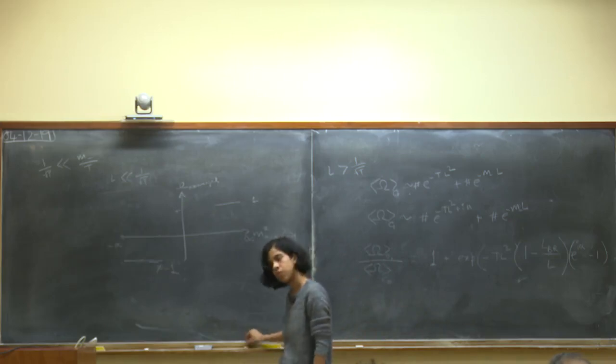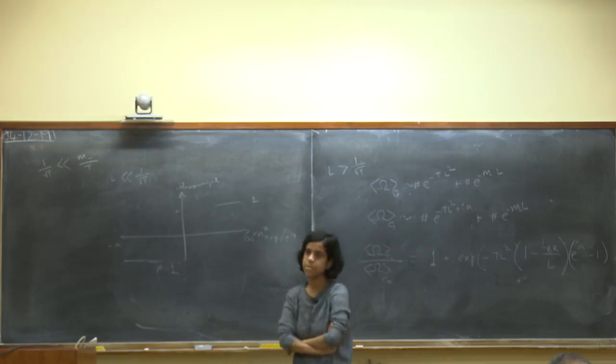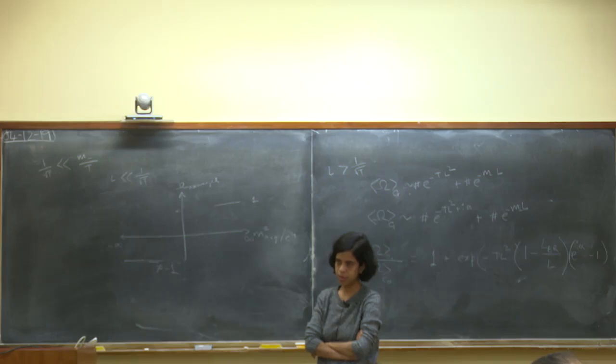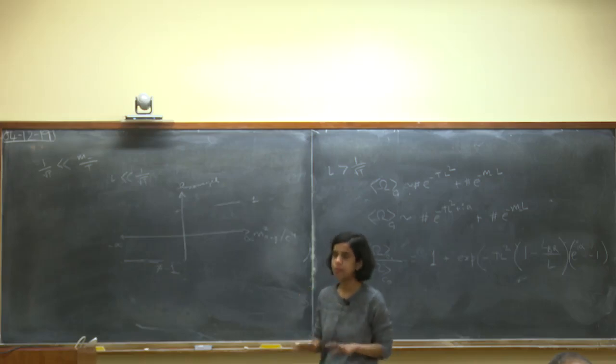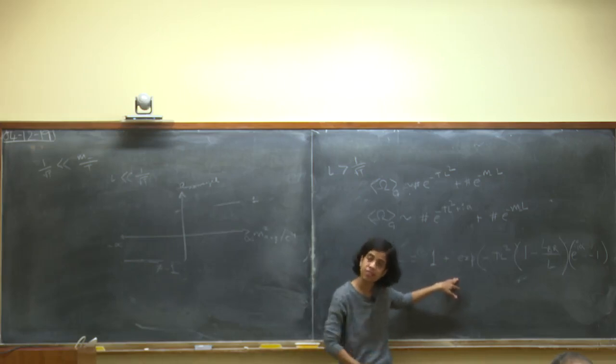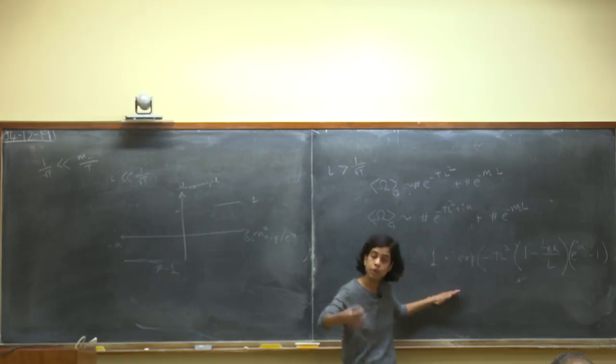So I want to go back to my question in the last lecture. Presumably at the end of the day, what one would want to show as a diagnostic of phase transition is whether the free energy is analytic in this parameter or not. Free energy computed in some infinite volume, right? So are you going to allow for infinite length? This is the point. This is to be used as a probe. It tells you that there is a phase transition. It does not necessarily mean that you have to use this information to compute the phase transition. It detects the phase transition, okay?